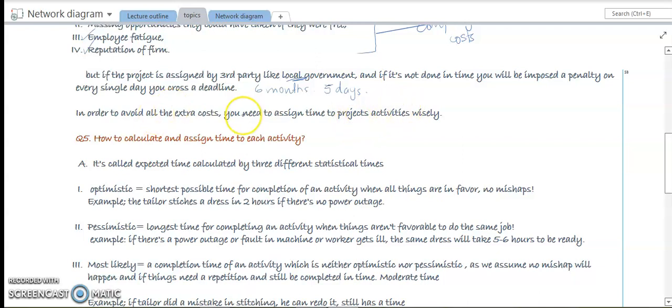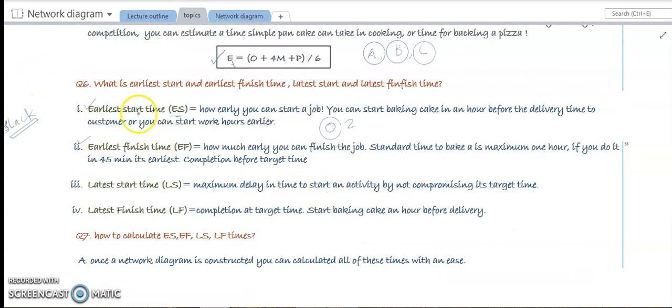So why would a business like to do that? Because businesses exist to earn, to make revenues, and to reduce their expenses. This is the basic essence, or the basic motivation, of a business. So in order to reduce the expenses, they have to assign appropriate times, so that the project is going to be completed. Now we are going to learn about the sixth question, which is what are the earliest start and earliest finish times,